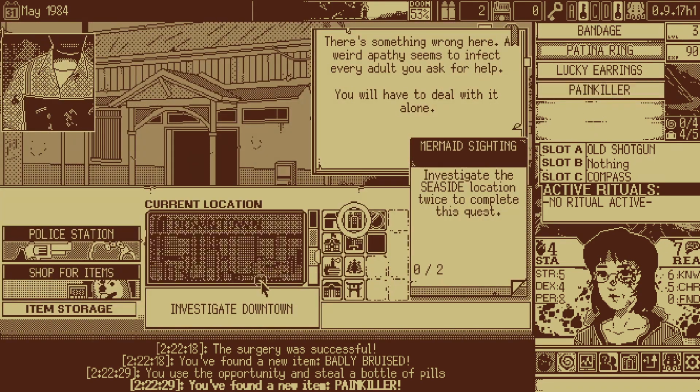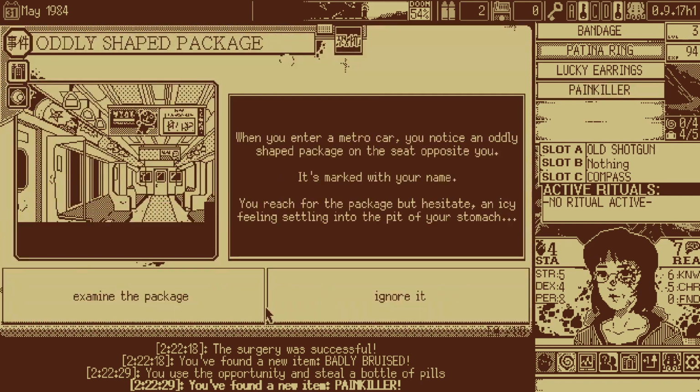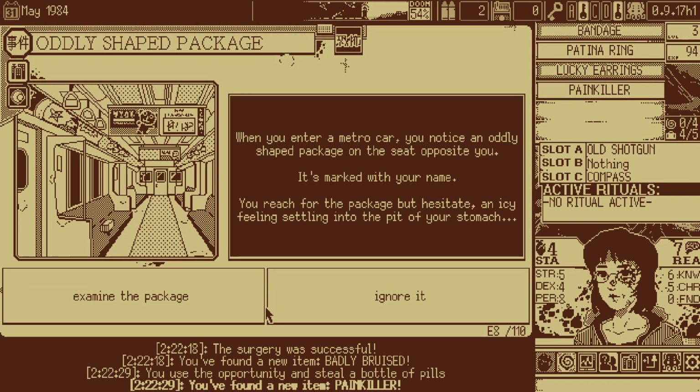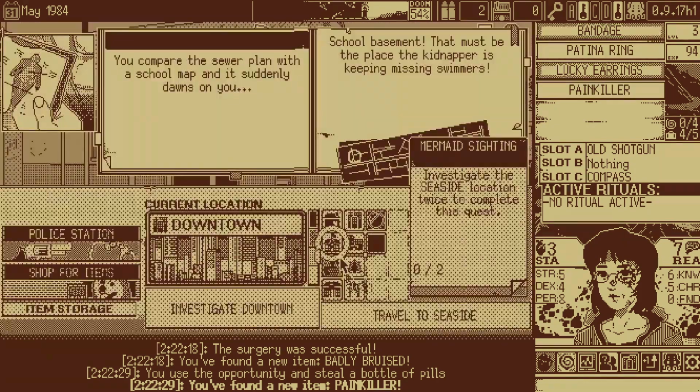We can just vibe. But yeah, so I had like 1,400 health. And when I fought the boss, the boss was doing like 300 damage per hit. And it's like, that's painful. That's really...